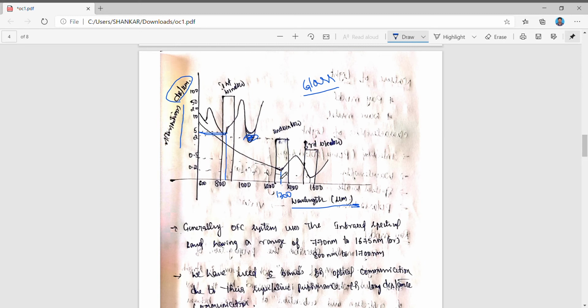Initially that is 5 dB per kilometer, but it will be reduced to 0.5 dB per kilometer. That means there is a very gradual change in the attenuation. Compared to this one, again see the wavelength of 1550 nanometers, which means it is around 1400 to 1600. So it is around 1550 nanometers. At 1550 nanometers, as compared to the second one, the third one also has a very low attenuation level, around 0.2 dB per kilometer.